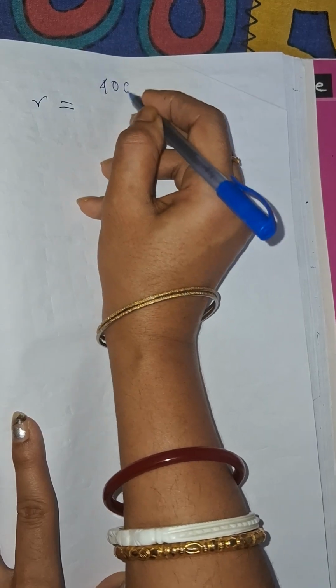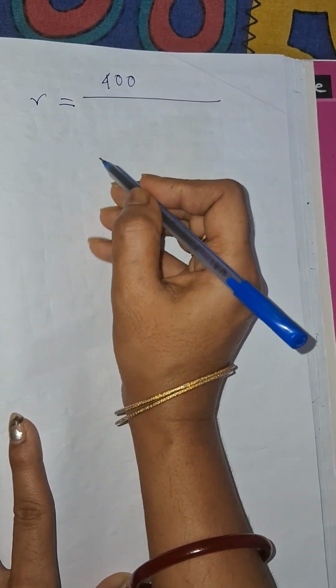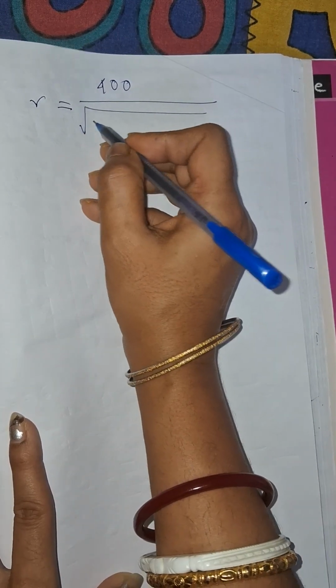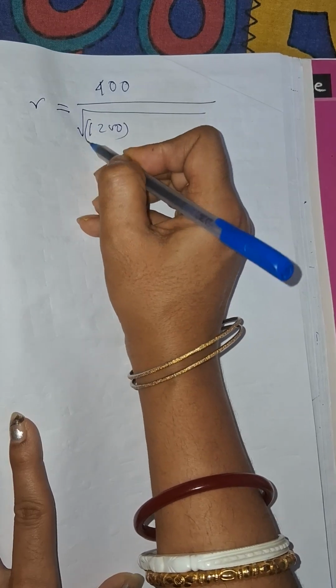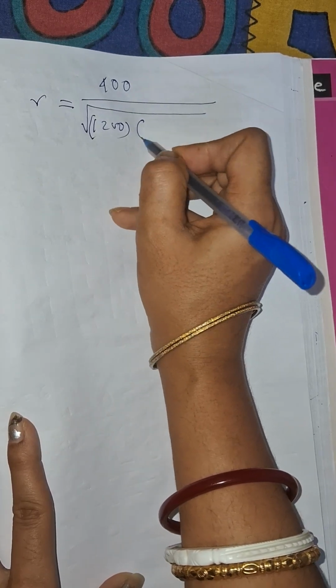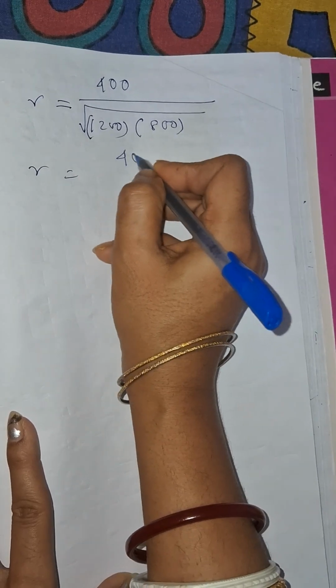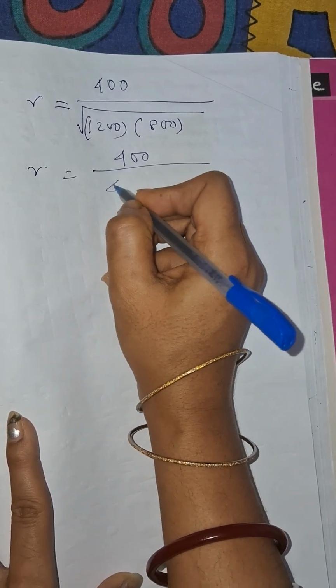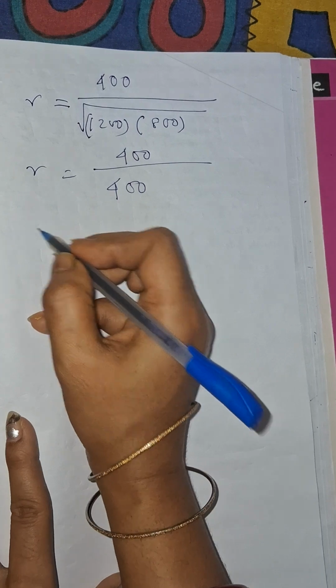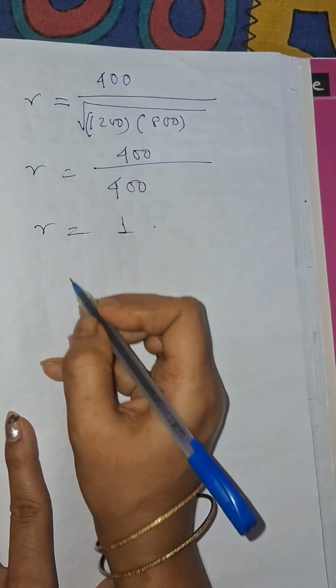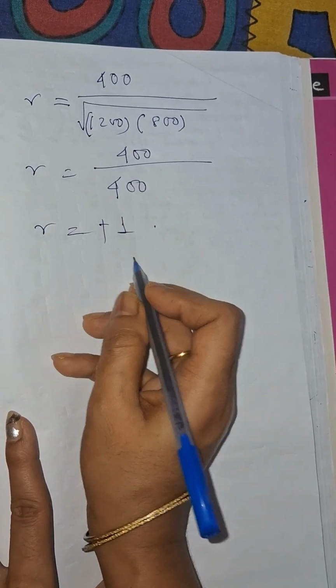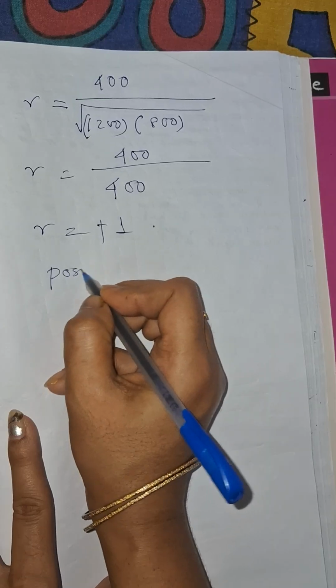R is equal to 400 by root over of, so we get the subtraction values as 200 into 800. So what happens? R is equal to 400 by 400. So R is equal to 1. That means it is positive 1. So what? The relation, it has a positive